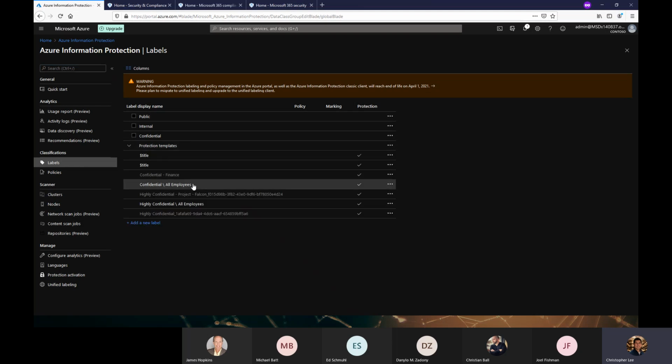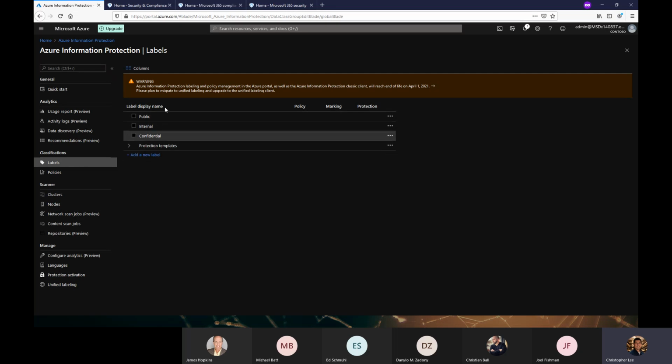These are defaults: confidential, all employees; highly confidential, all employees. These are default labels. These are some at the top here. There are actually some custom ones that I've created here: public, internal, and confidential. They kind of overlap with what the defaults are named, but I'll get to that when I get to the unified labeling. But you can see that Microsoft actually just kind of put this up here relatively recently, is that they're already indicating that, hey, AIP labels are going to go away. So they're not, AIP is not going to go away itself as a service, but we want to start using